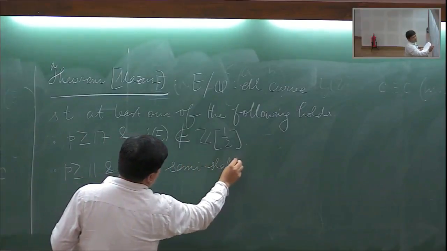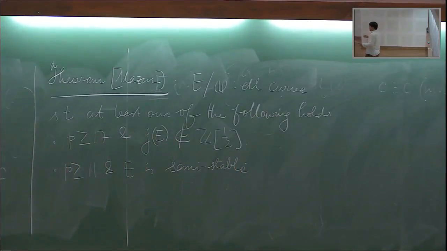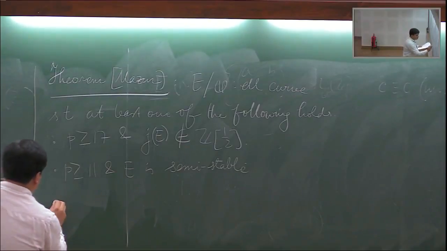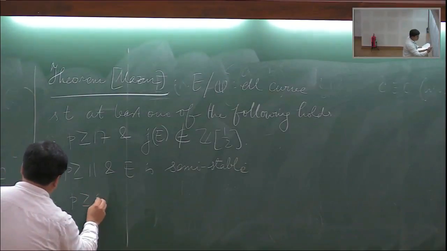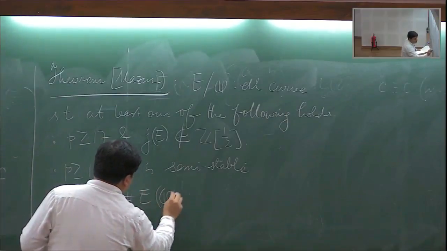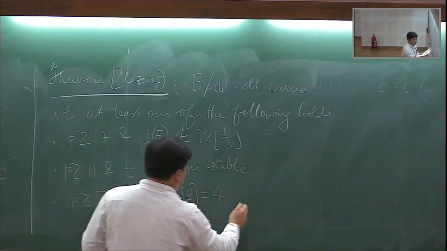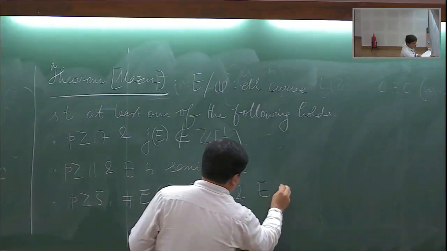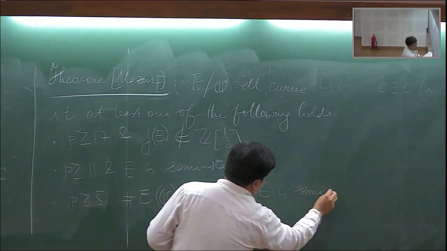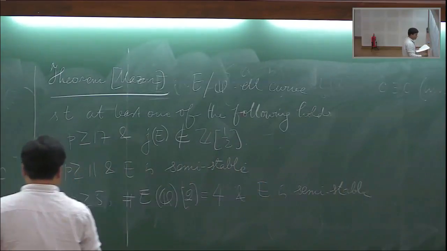Semi-stable means that the primes that occur in the conductor of the elliptic curve appear with no powers, at most 1. Third, P is greater than or equal to 5, the number of 2-torsion points on the elliptic curve is at most 4, and E is semi-stable. Then